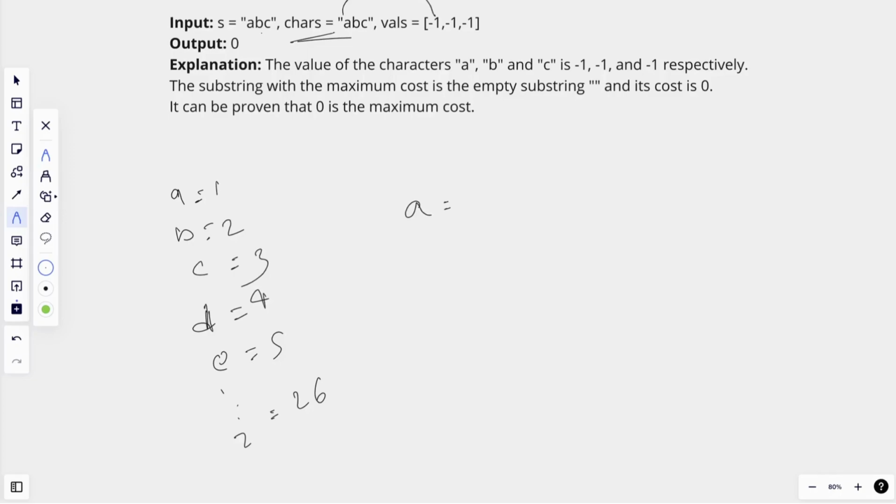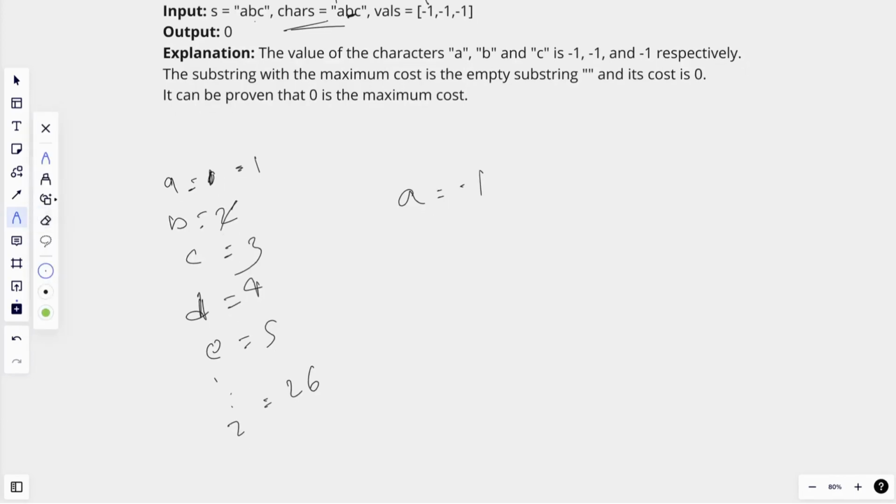So A will be changed to minus 1, so we will erase this and write minus 1. Similarly, B's value is given as minus 1, so we will erase this and say B's value is minus 1 in our map. And similarly we will erase C, and its value is also given as minus 1.